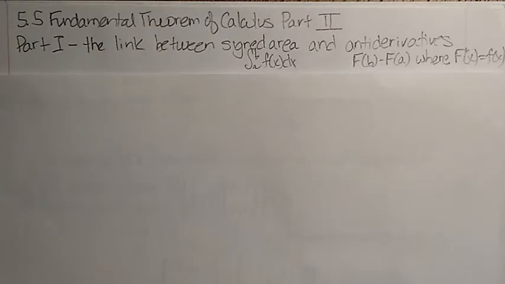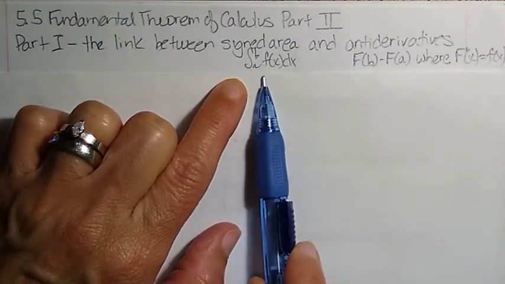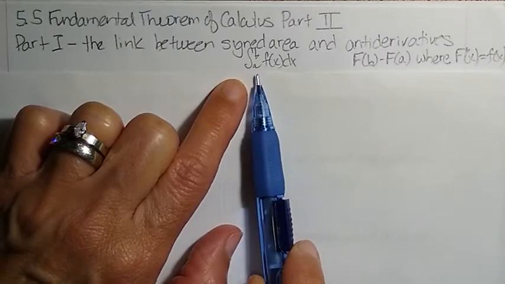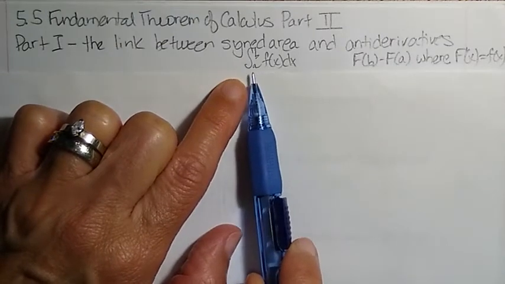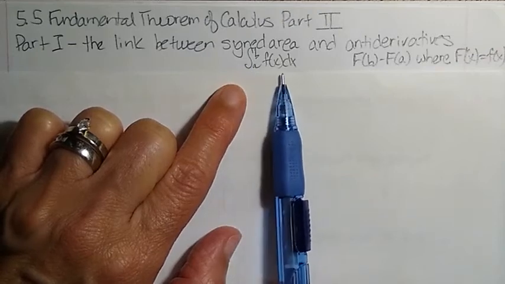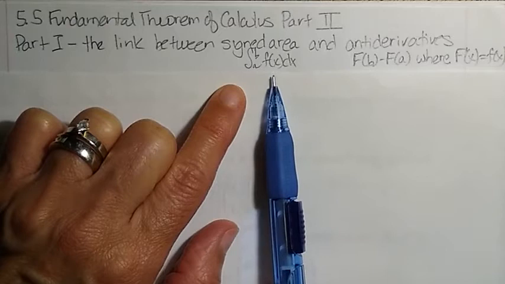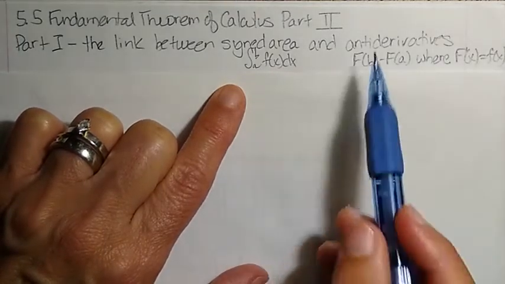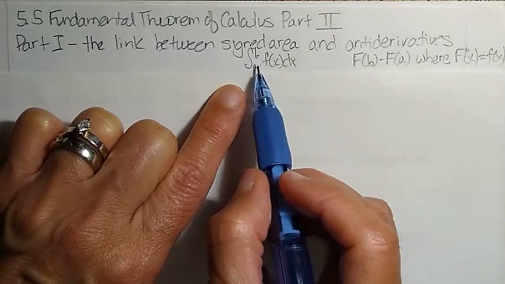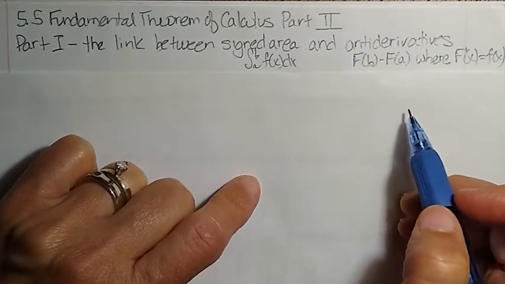is the link between the signed area, and I've got here the notation, this is the definite integral notation, the signed area under a curve over the interval from A to B, which, if you recall, we introduced with Riemann sums and counting up discrete areas and limiting as the rectangles or the areas got thinner and thinner and thinner. It's a link between the signed area and antiderivatives, which, if you recall when we introduced that, was the